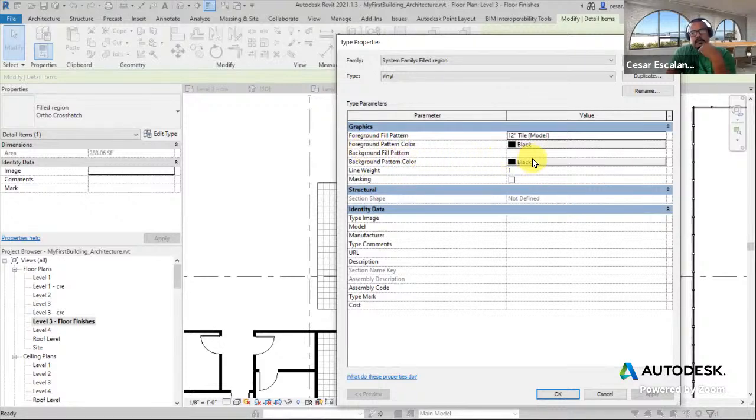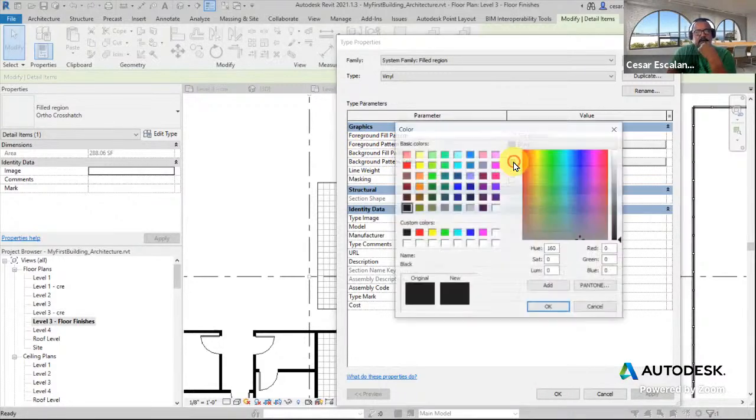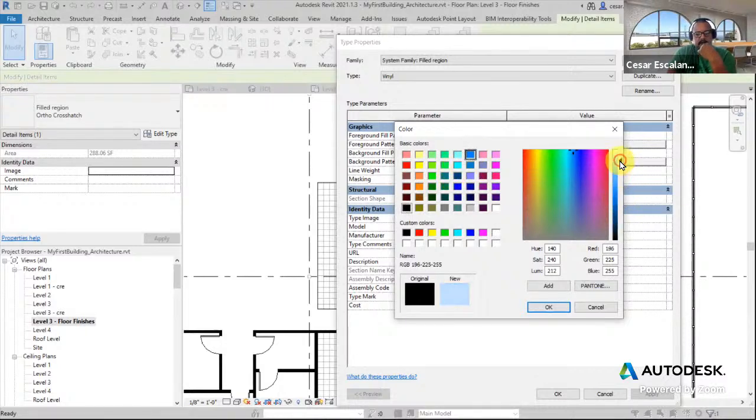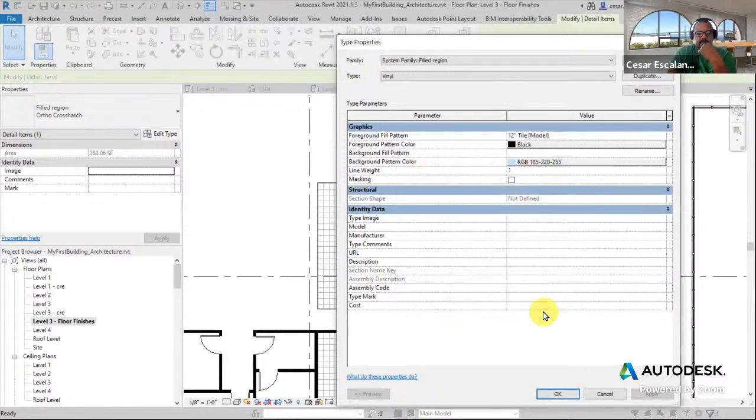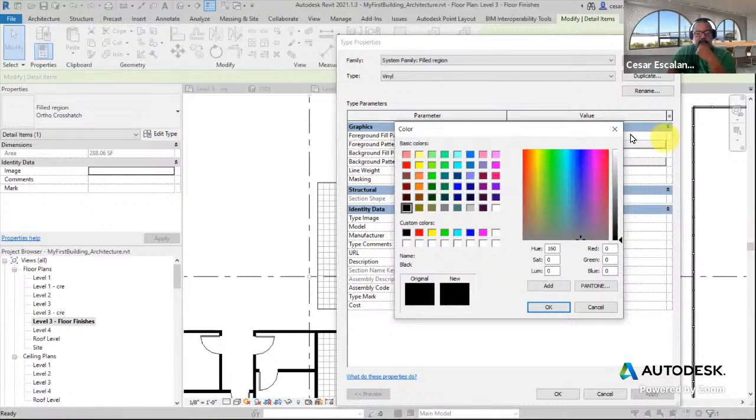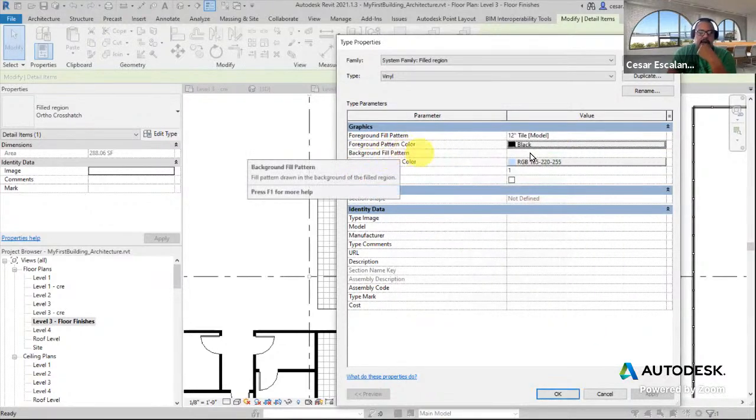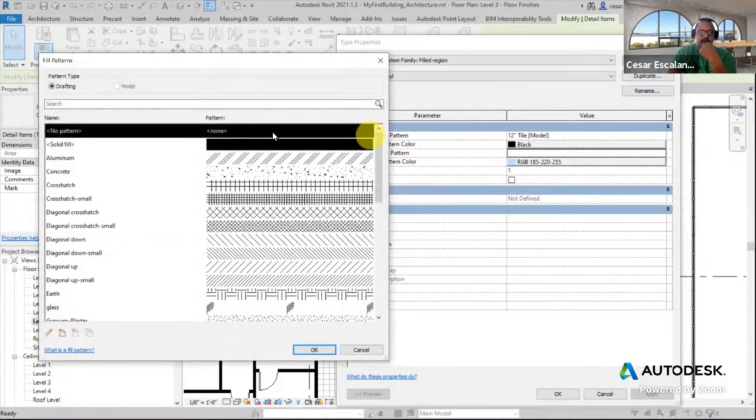You can also choose a different background pattern color, especially if you're doing a presentation with a client and you want to communicate the color. Let's say this is this type of blue. I'm going to lighten it up a little bit. This is a blue vinyl, 12 inches. It has an RGB color. And the foreground pattern is black. And then the background fill pattern, I need to put solid fill,